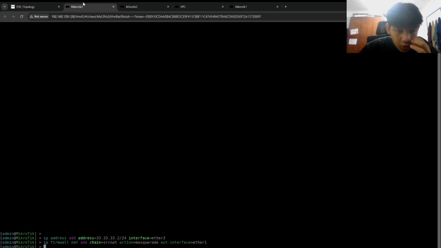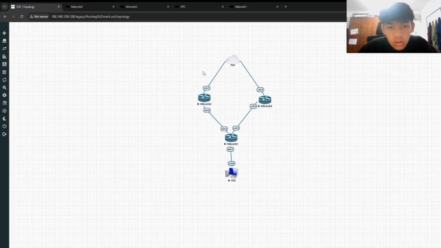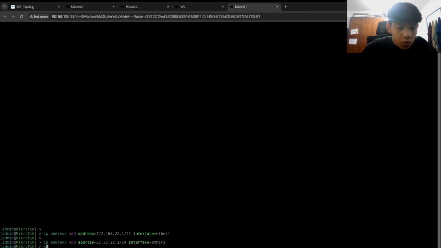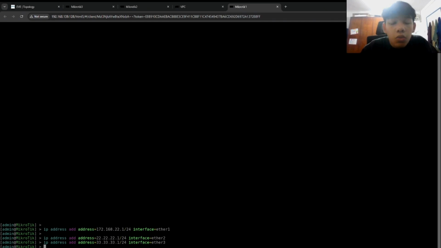Okay, after that, if you already made a gateway on this router, you go back to my router 1 that connects to the client, and then you also add the gateway for the two routers. So like this, IP address add address, 224 interface Ether2, then IP address add address, 224 interface Ether2, and then you make the static route.